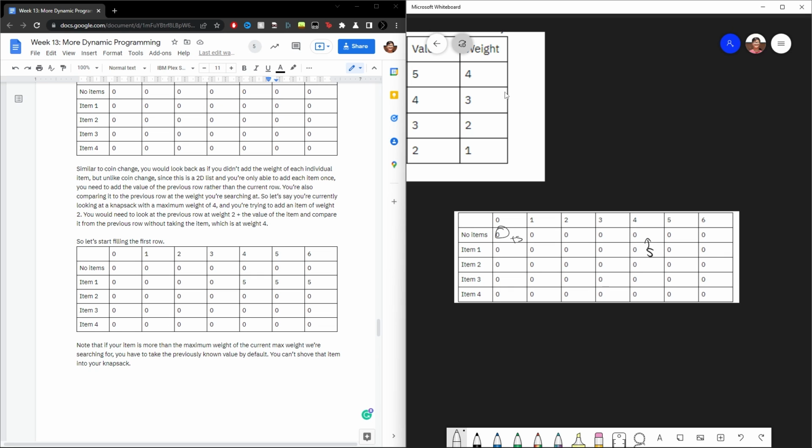And then same thing with this number, with a weight of 5 here. We look back at a weight of 1 and just see, okay, at a weight of 1 and taking nothing, if we take our current item, is it better than not taking it at all? Yes, it is. Okay, we set it to 5, and same thing with 6 here, all right? Now 2,